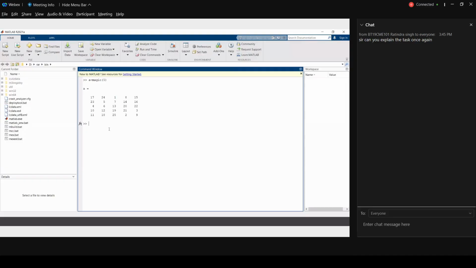So you just created the magic of 5 by 5. What after this? Sir, I was thinking we can take a matrix P, which will be assigned the values, like in the diagram it is shown. So how do you assign these values? Like P equal to, and in brackets first matrix 1, I will assign the value, then Q of matrix 2.